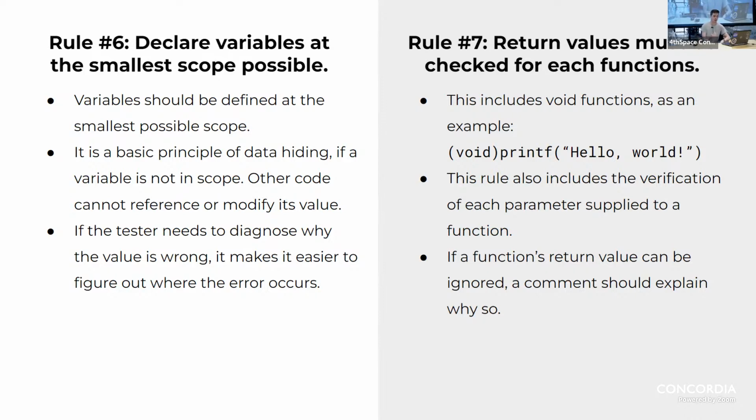So either you can cast it to void like that, which is a good way to do it, because that shows that you actually meant to disregard the value, or you can just add a comment explaining your decision, because in some cases it's not always clear why the return value was ignored. So having a good comment there to explain why exactly you're disregarding that value is always a good thing to add.